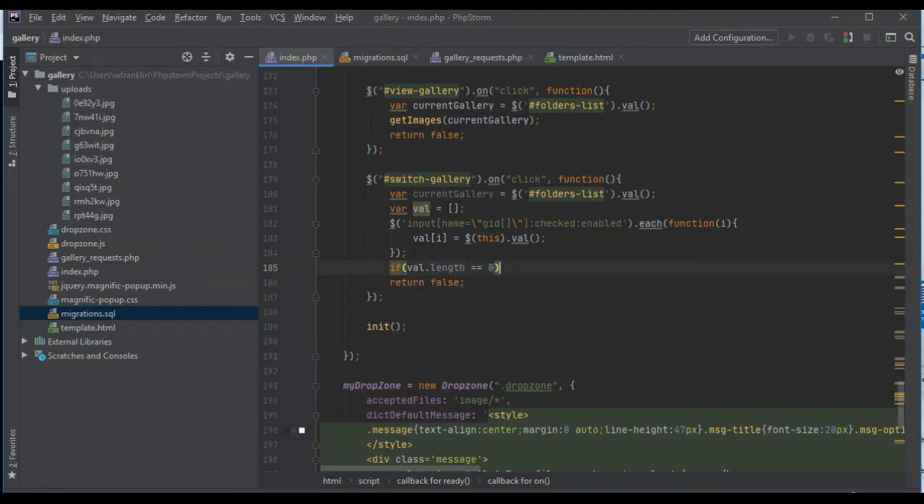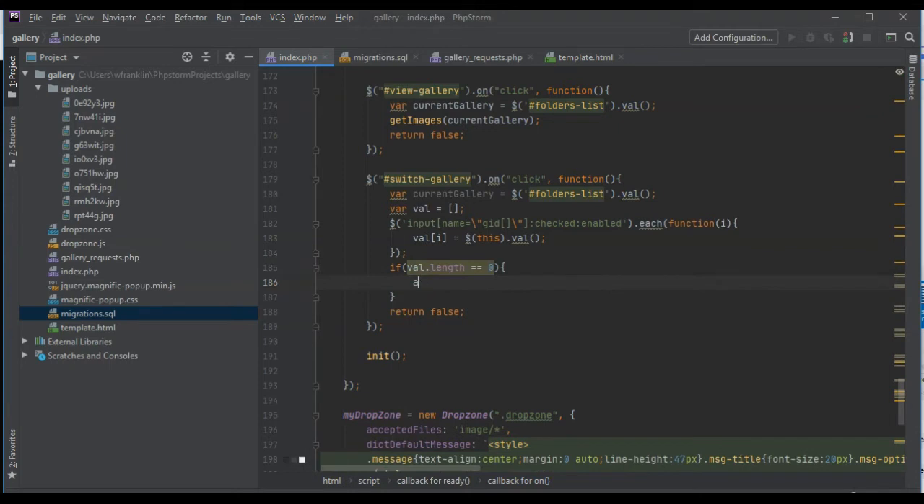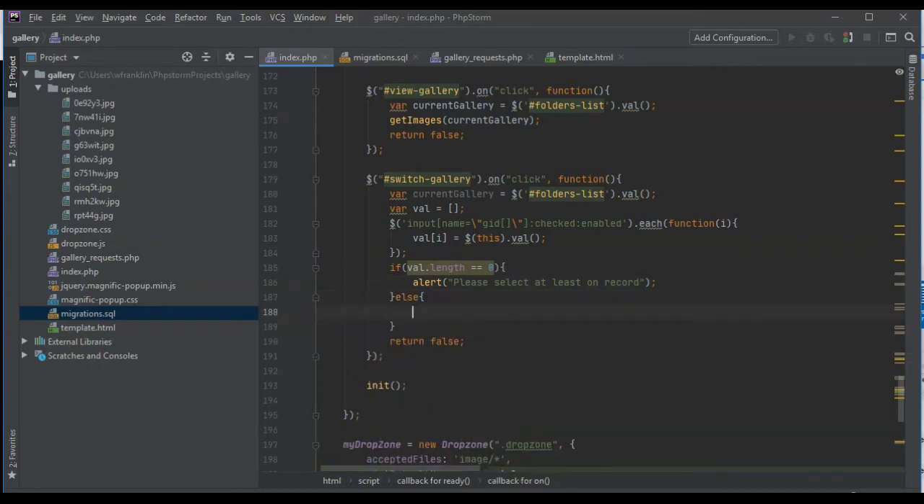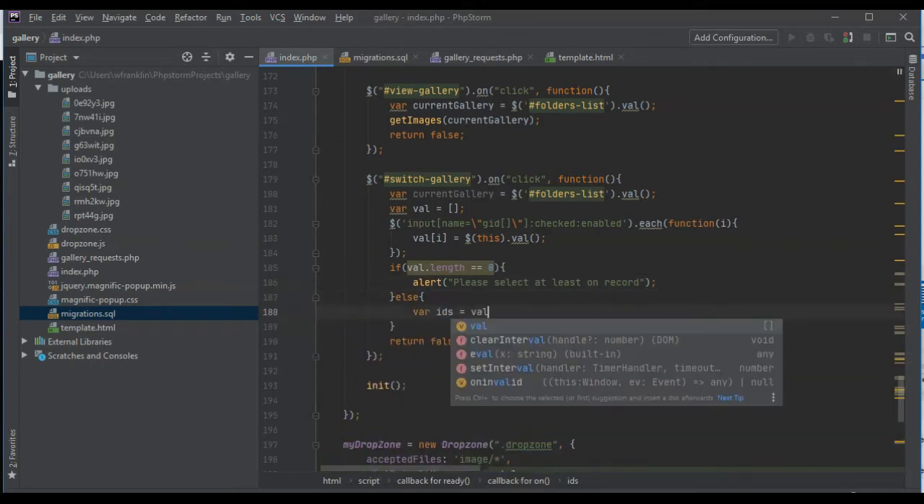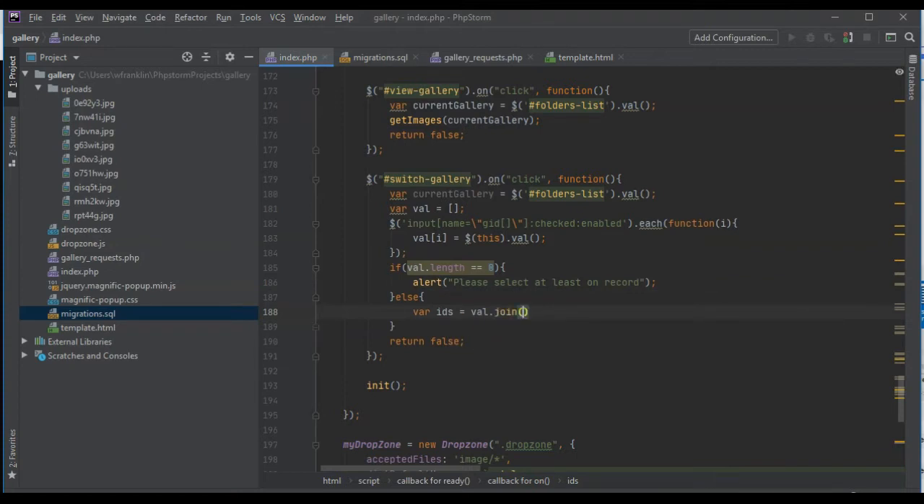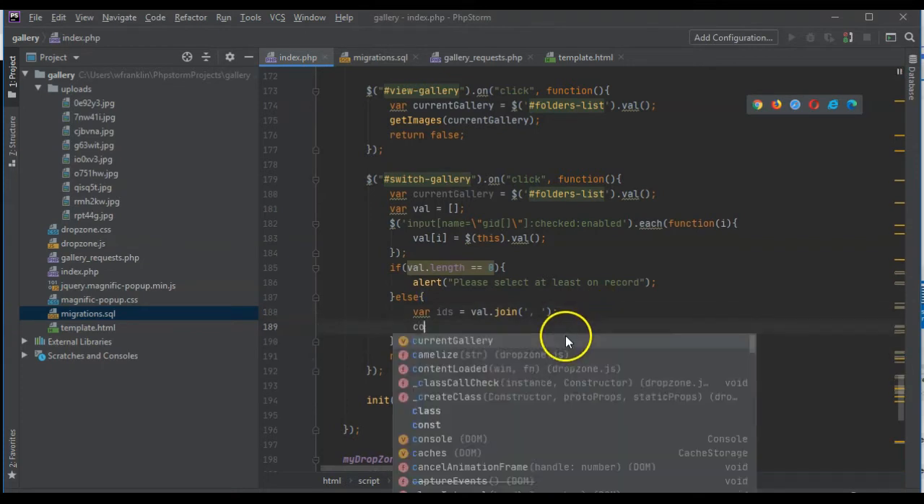So we say, hey, alert, please note, please select at least one record. All right, so that is if nothing is selected, else we could continue and we're going to say valIDs is equal to val.join. What that's supposed to do is join that array into a comma delimited string, and we can see the effect